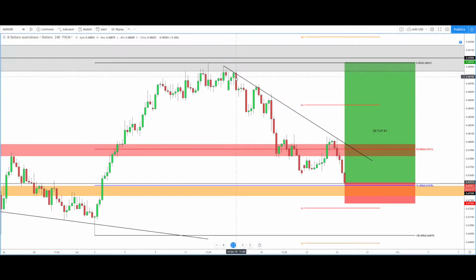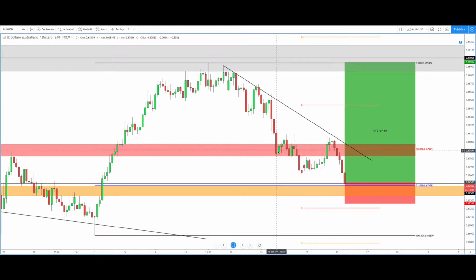After this first bearish signal, the price started a strong bearish movement that brought the price to touch this slowdown area, a few pips below this key level